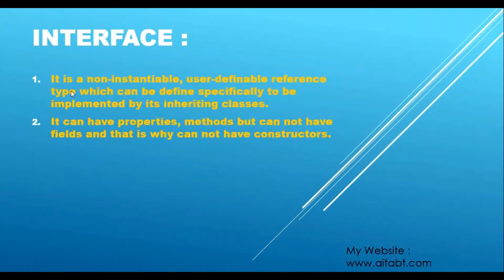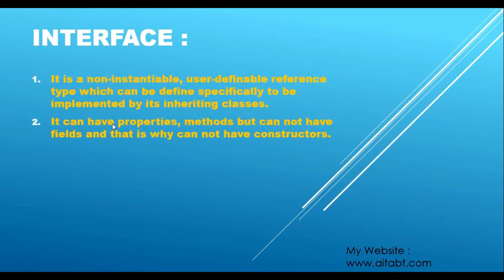Now what does this first point say? It is a non-instantiable user-definable reference type. Okay, so if you recollect from this tutorial series, in the very first or second video, we learned types in C#, and at that time I showed you the categories of types in C#, that is user-definable and reference types.